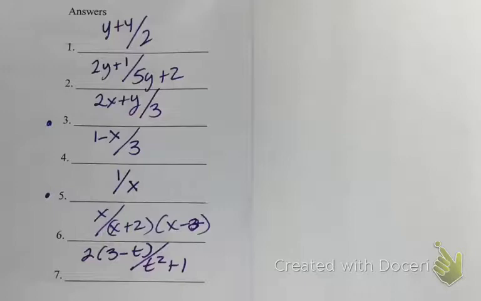All right, so these are the answers for our Chapter 10 practice test. We're going to start with number 1, which is (y plus 4) over 2. Number 2 is (2y plus 1) over (5y plus 2). Okay, number 3